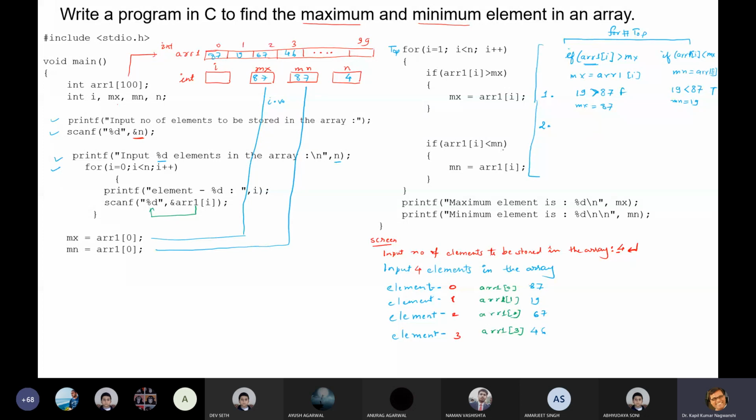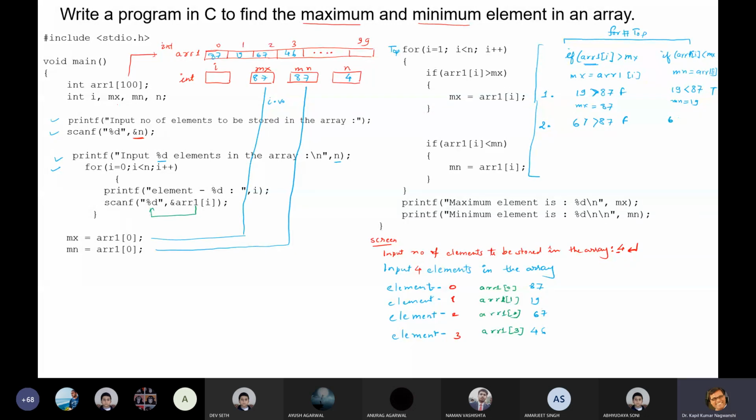Second, this condition is also executed. Now come to condition number 2, loop number 2. So here, what is the value of array 1? Array 1 index 2 is 67. So whether 67 is greater than 87 and whether array 2 again.